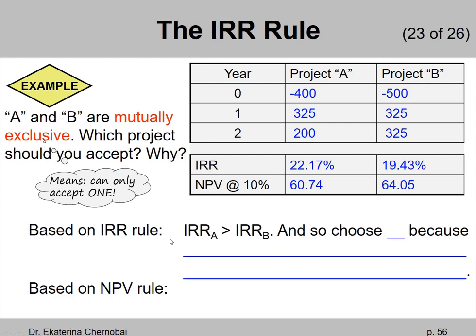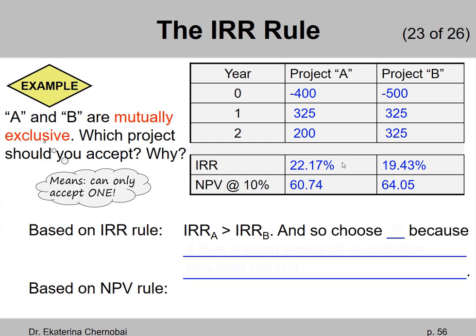Based on the IRR rule, you can say that the IRR is higher for project A than for project B, right? 22.17% is larger than 19.43%. And so for this reason, you can say that we make a higher return on our money, for every dollar invested, for